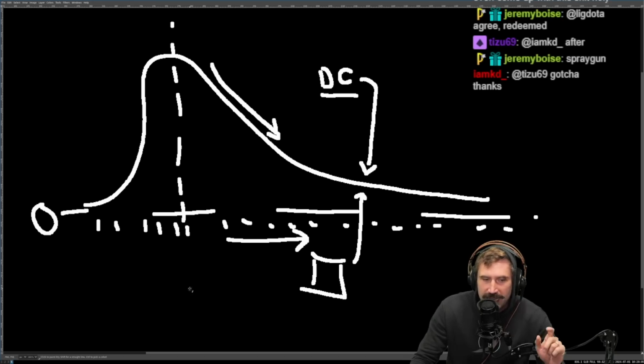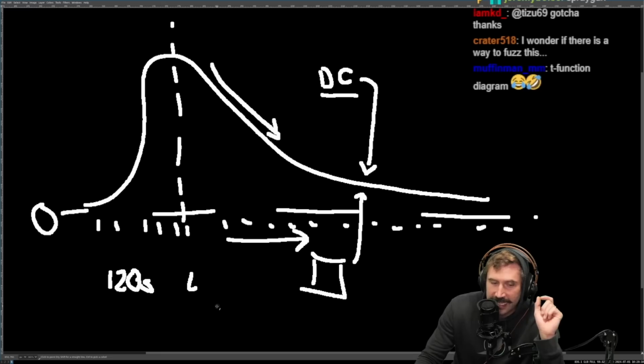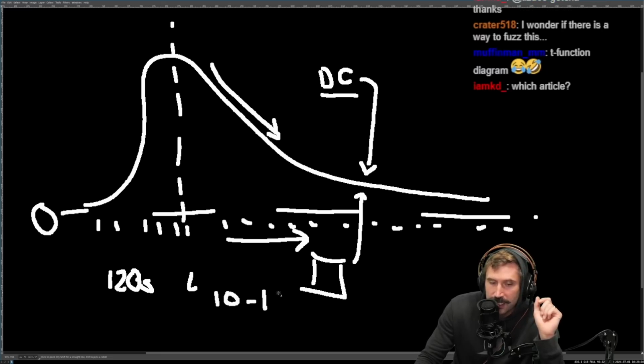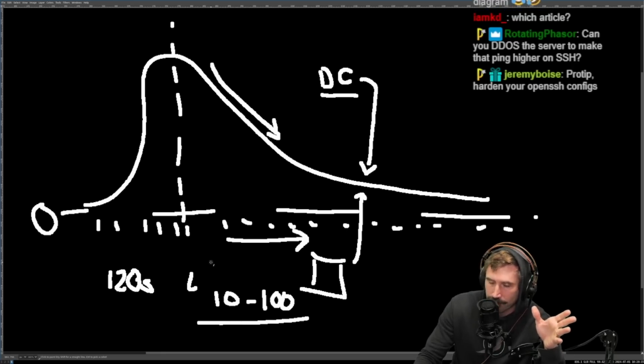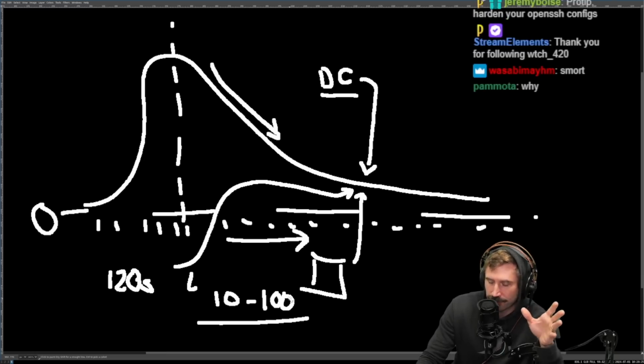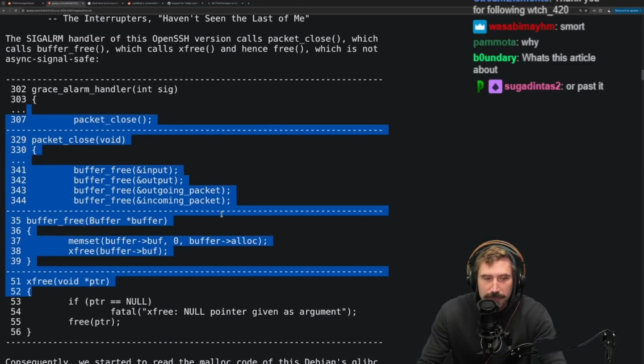And so if you send a packet, if you expect close down to happen in 120 seconds, and you're sitting there measuring latency, and latency varies between 10 milliseconds to 100 milliseconds, you're trying to land a packet, is my assumption of what's going on here, right here at this perfect moment. I think that's what they're trying to say. So that way it's being interrupted during the middle of a free.